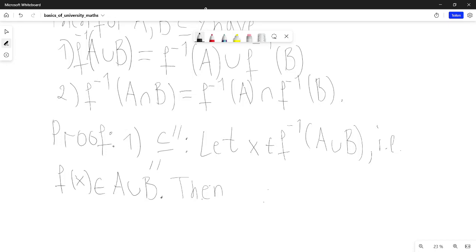Okay, now let me see how to do that. It's okay. You see, it's not necessarily what I'm thinking about. It's just that I'm trying to make it as plausible for you as possible. But if you just think about it logically, well, we have f of x is element of A union B, and that is just by definition of a union, or maybe